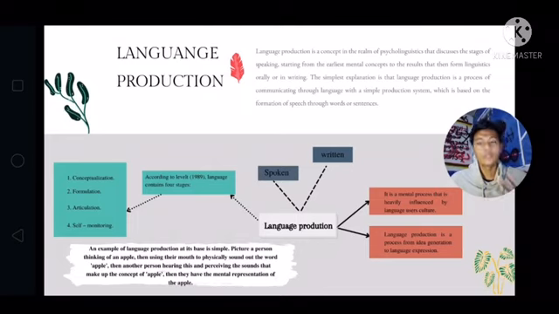So I will explain about this example. First, language production is when we imagine something and do activities or make sound from our mouth to make it happen. That is